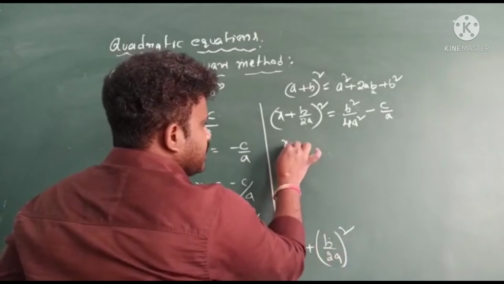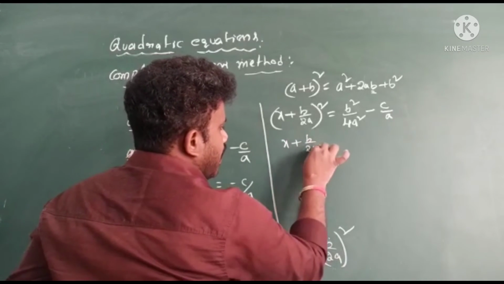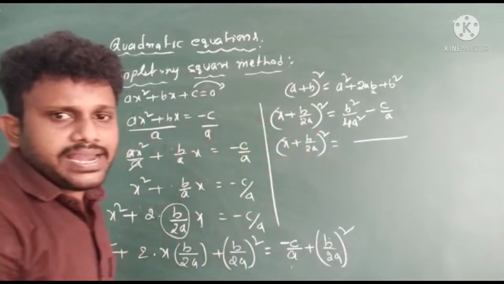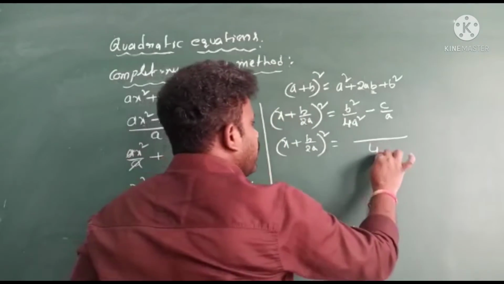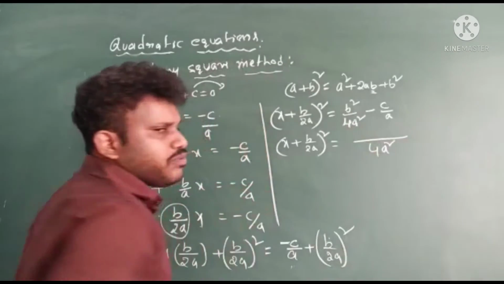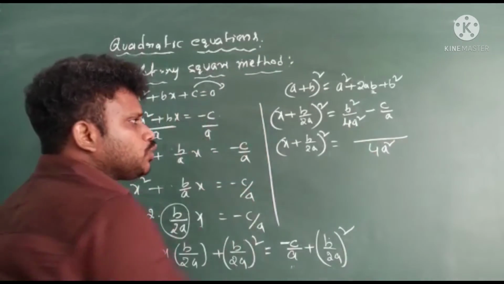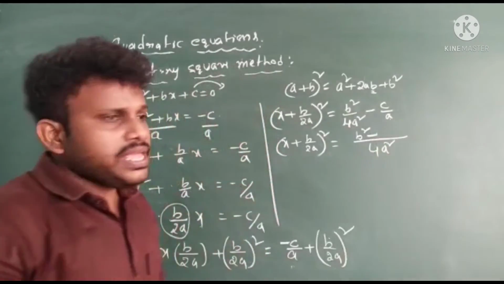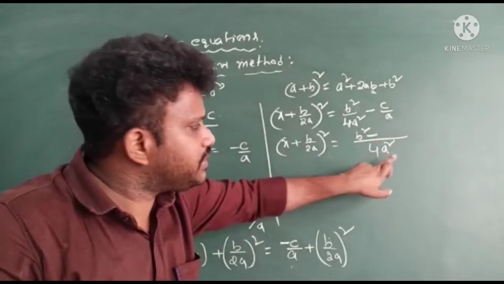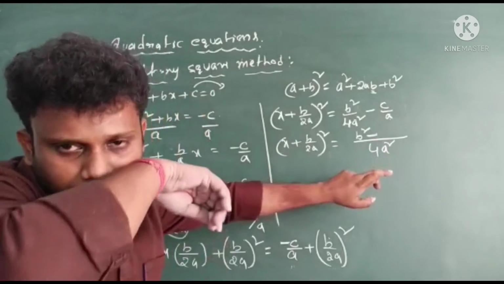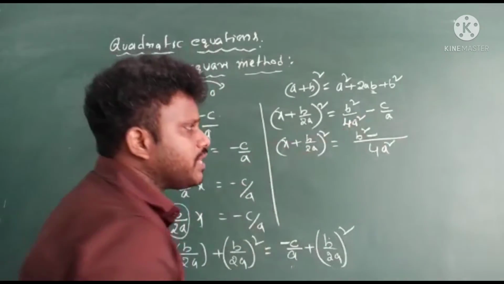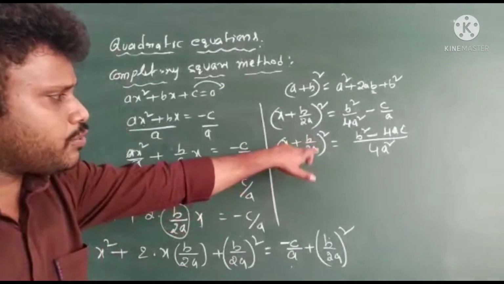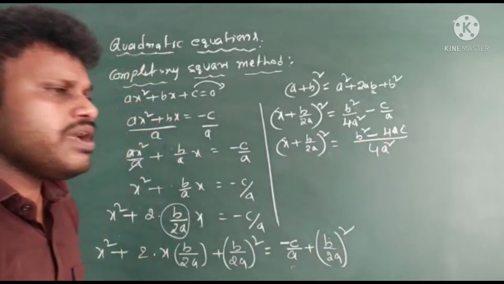Now try to understand this: x plus b by 2a whole square is equal to, if you take the LCM of 4a square and a, the LCM is 4a square. This 4a square is divisible by 4a square only once, so 1 into b square becomes b square, minus a. In a and 4a square, a gets cancelled, so it is divisible 4a times. That 4a into the numerator c will be there, so it is going to be 4ac. Now x plus b by 2a whole square is equal to b square minus 4ac by 4a square.